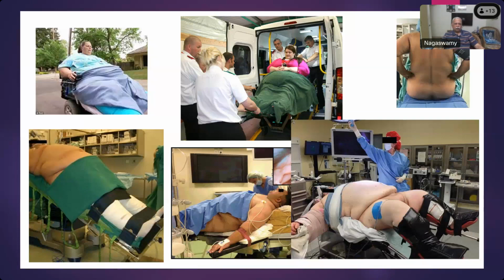So this picture gives you an idea how this obese patient is brought in a special wheelchair and how she is shifted into the ambulance, and how the patient is positioned for a spinal in sitting posture, and how the patient is kept in a head-up position for a laparoscopic surgery. You can see all the supports here, the belts that are kept to keep the patient tight, and the lithotomy. So these are all the things which should be checked and kept ready. This is called the intraoperative plan.